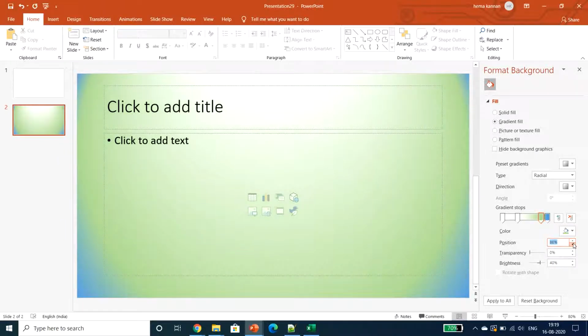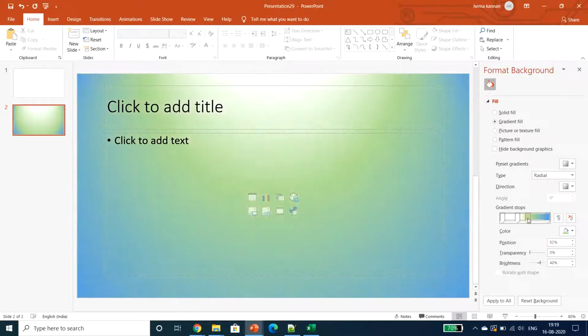I can increase or decrease with this number spinner, or directly move this option. Once this option is selected, based on the percentage of the position and based on the color, the gradient will be selected and filled into our slide.